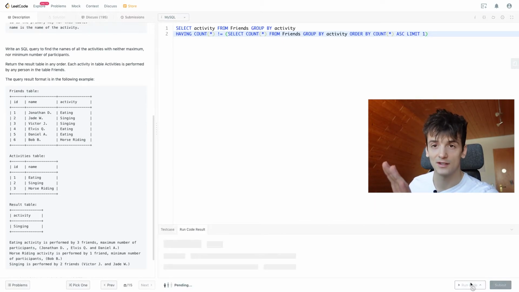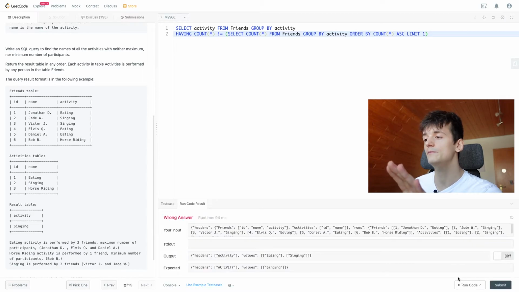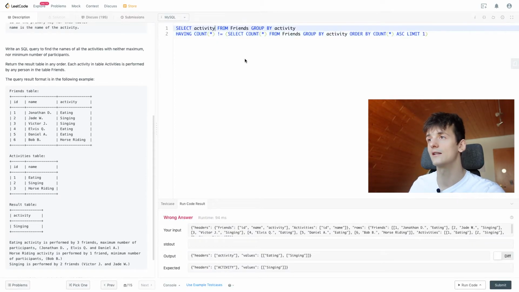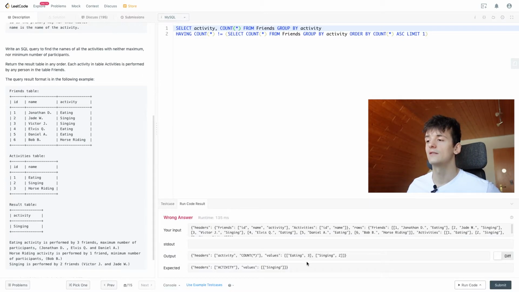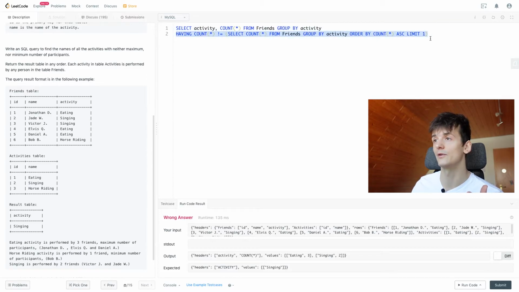So let's see what this gives us first. It gives us eating and singing. Let's select the count here as well to visualize it a bit better. It gives us eating with a count of 3, and it gives us singing with a count of 2. It doesn't give us horse riding with a count of 1, since that is what we filter out in the